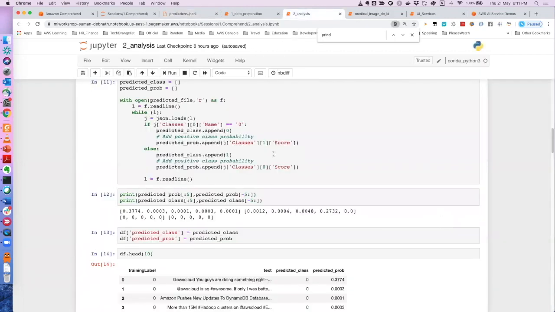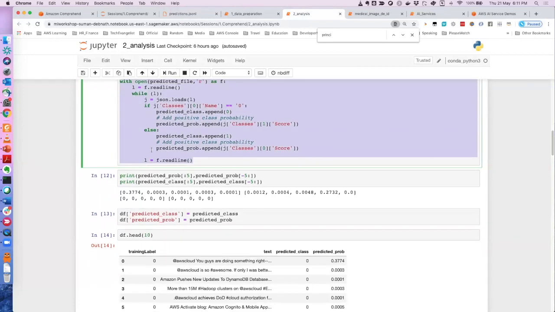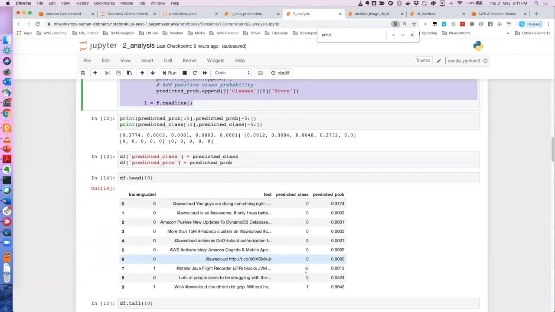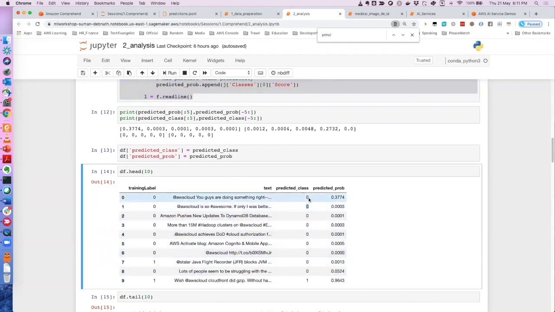Now, to make sure what the class label is and all of that, we write some code so that we know what the actual predicted class is, right? So if you see, all of these are predicted as class 0. And why is it 0? Because this is the probability of getting a class label of 1. Here all of these are very, very small, right?